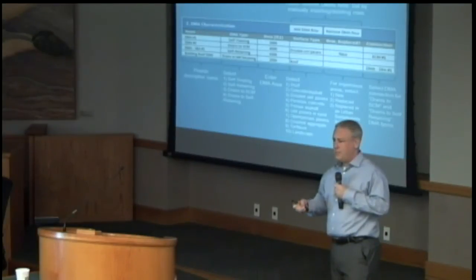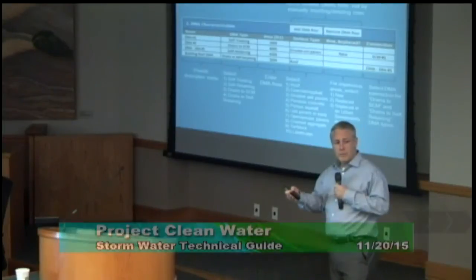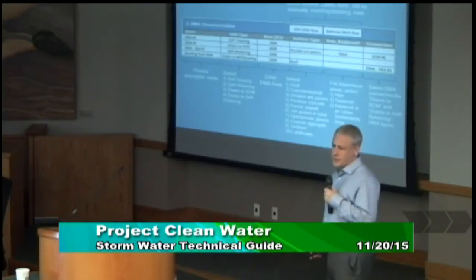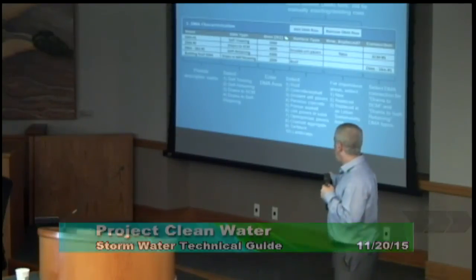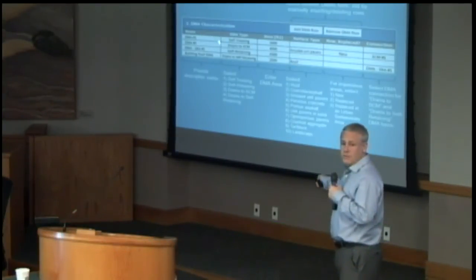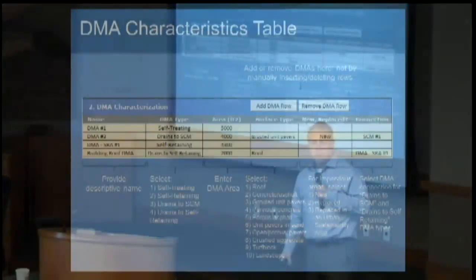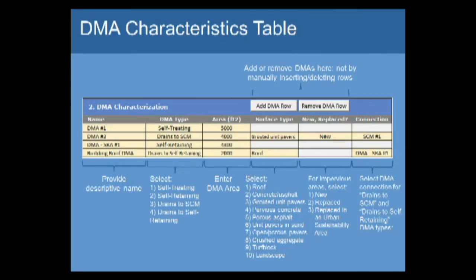We can drain it to an SCM. We can drain it to a self-retaining area. The DMA itself could be a self-retaining area, graded appropriately, or it could be a self-treating, more of a natural area. Plan area for the DMA, its surface type, and the surface type, of course, is important because the surface type determines how much runoff occurs from that area. Whether it's new or replaced, there is crediting for replaced impervious areas, and then its connection, where